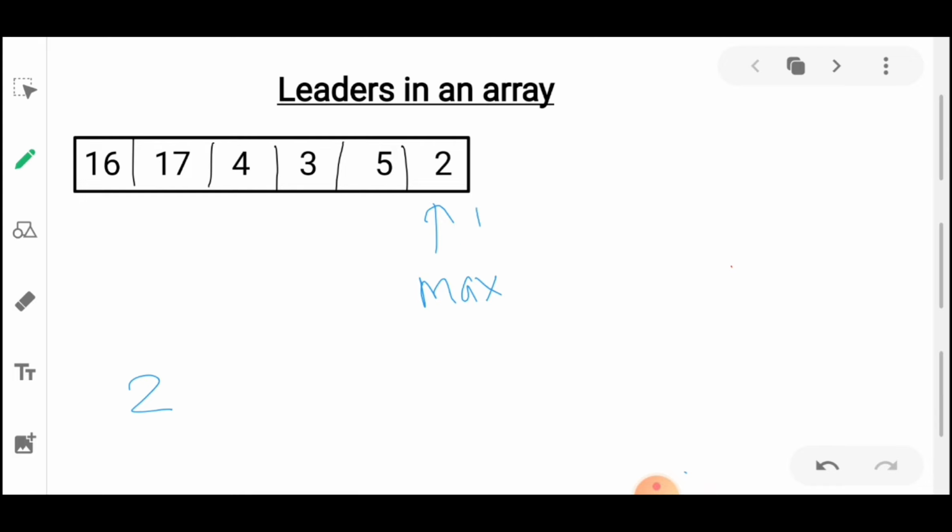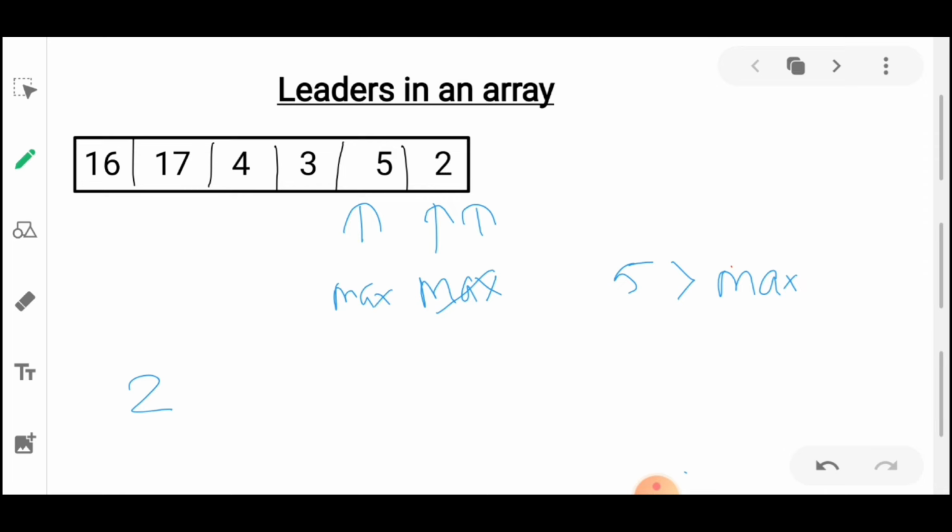At first, our 2 is the last element, so it's not greater than max, so we'll not print and we'll just move the pointer. Our pointer is at 5, so we'll check if 5 is greater than the max element or not. In this case it's greater than 2, which is our max. So 5 is greater than max, so we'll change our max, and our max will become 5 now.